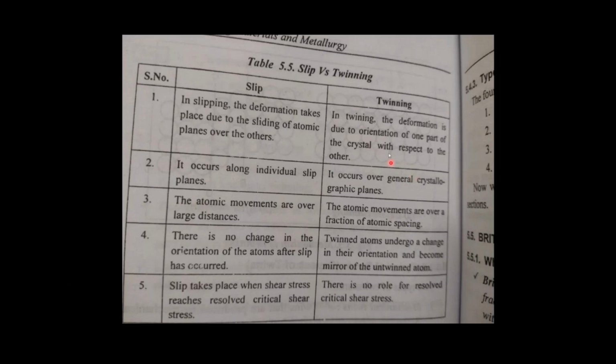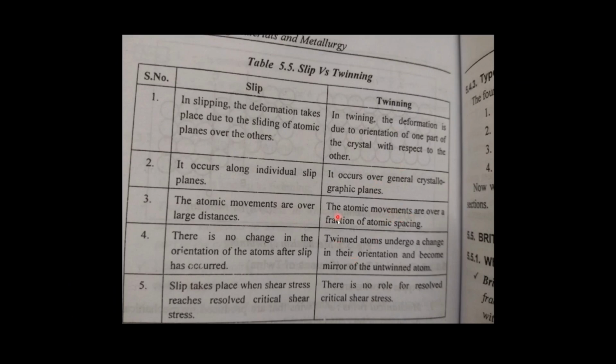Now we are going to see the difference between slip and twinning. In slipping, the deformation takes place due to the sliding of atomic planes over the others. In twinning, the deformation is due to the reorientation of one part of the crystal with respect to the other. The second difference is that slip occurs along individual slip lines, but twinning occurs over general crystallographic planes. Then the atomic movements are over large distances in slip, but in case of twinning, the atomic movements are over a